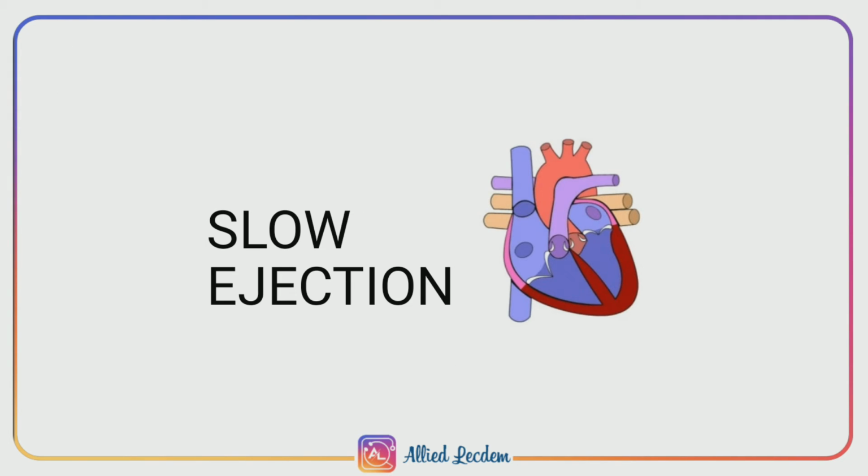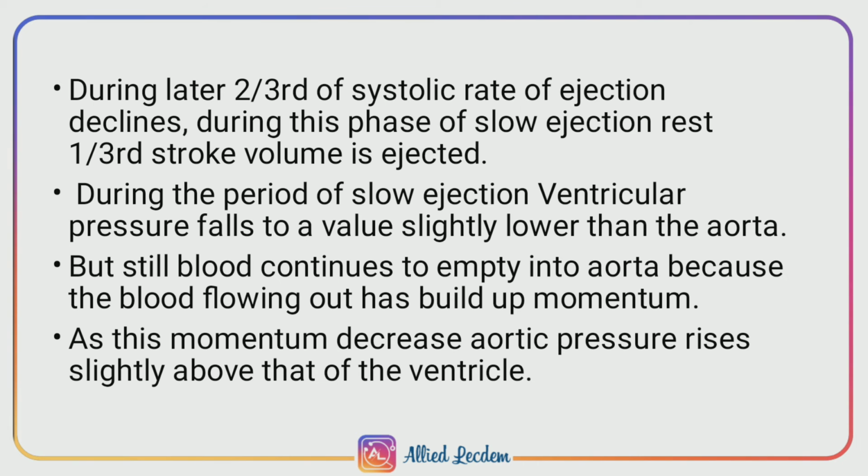Slow ejection. Now the ejection rate will be decreased during this phase. During the later two-thirds of the systole, the rate of ejection declines. During the period of slow ejection, the rest of the volume, that is one-third of the stroke volume, is being ejected into the arteries. During the period of slow ejection, ventricular pressure falls to a slightly lower value than the